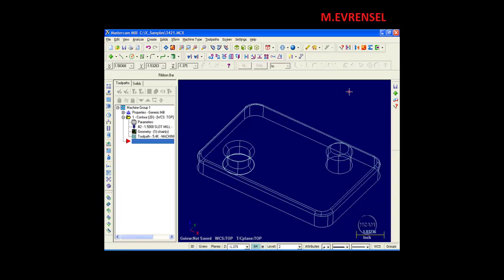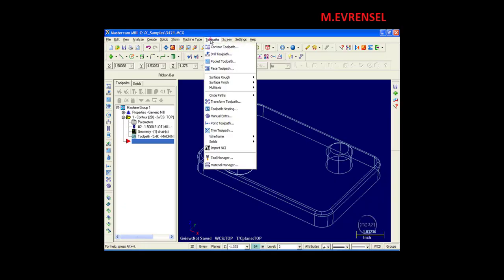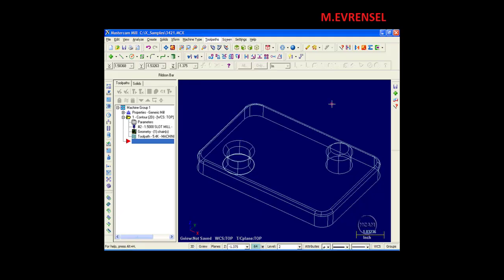This file is going to focus on creating a Threadmill toolpath. Now to access thread milling, we can go over here to our toolbar and click on this icon right over here, or from your toolpath button, come down to circle paths, over and down to Threadmill. But before we get started creating a toolpath, I'd like you to take a look and see what is included